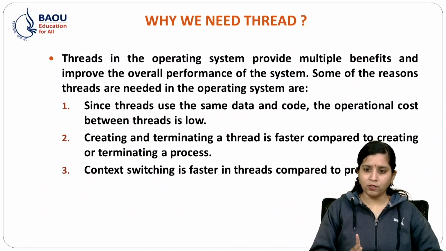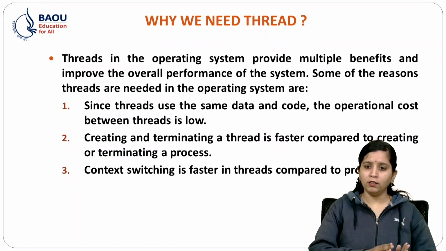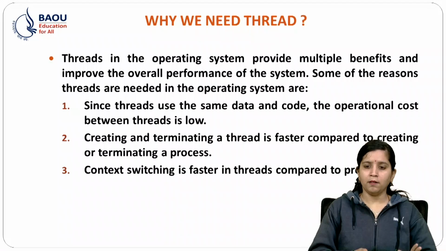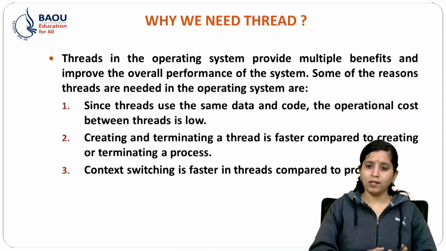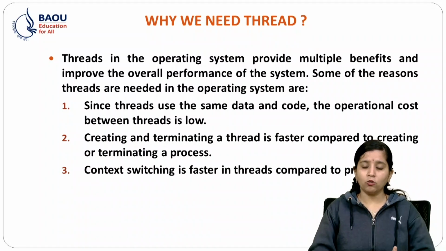So what is context switching? When I want to jump from one thread to another thread, then it will be easily done in threads. But in process, we have to wait for a process to pass through all the cycle of process and then switch to another process.